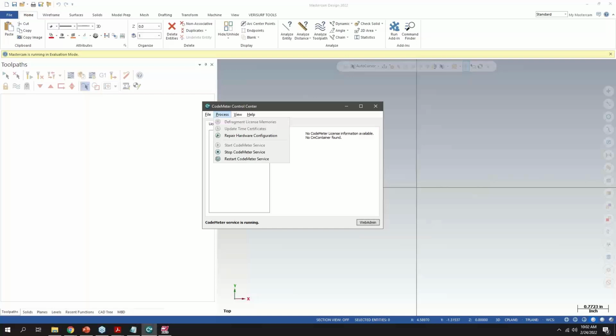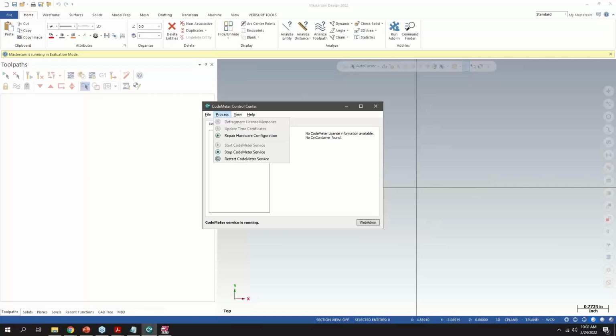And another question from Sean here is, can I run the network license server on a Windows 10 Pro that is also a client? Yes. So the computer hosting the license can also be technically a client of the license. So the other laptop I have technically running this license that I'm using to demo here, that's a network license. It also has Mastercam installed, and I could launch Mastercam from there while it's still hosting the license as a